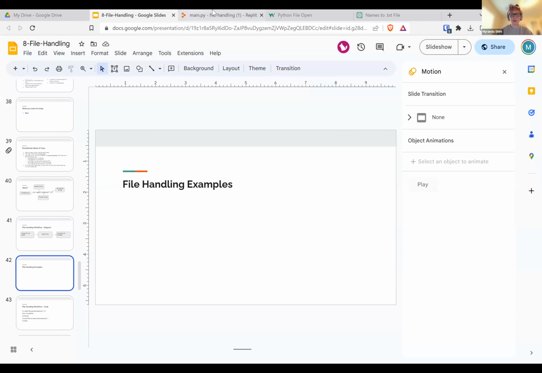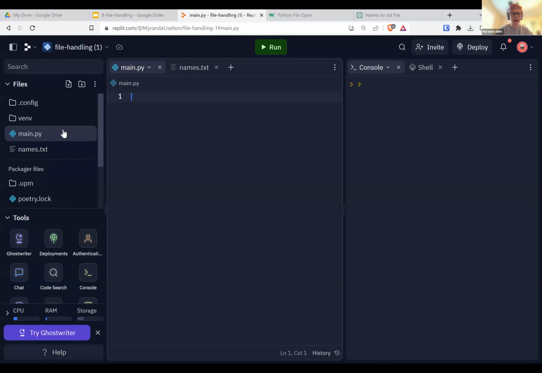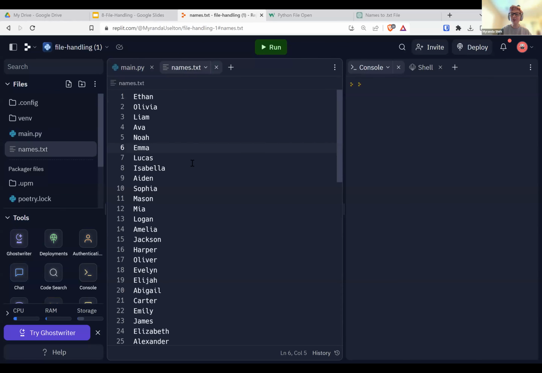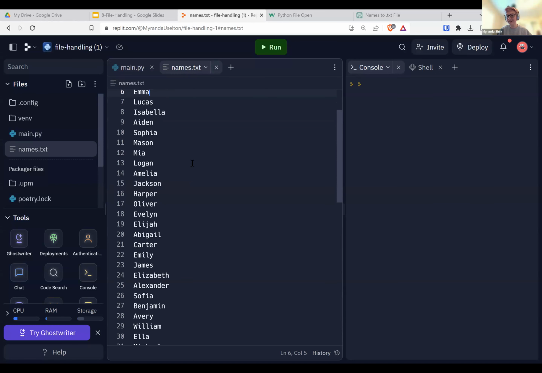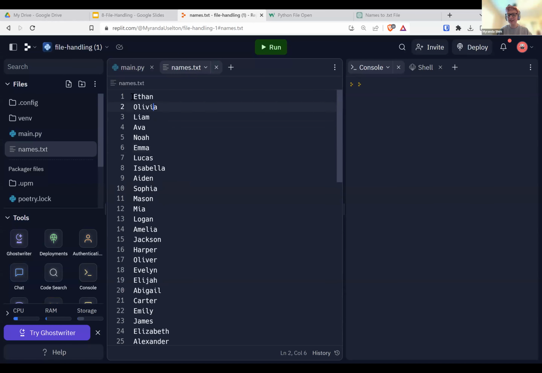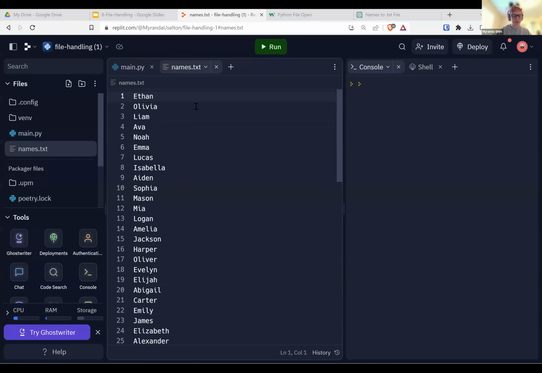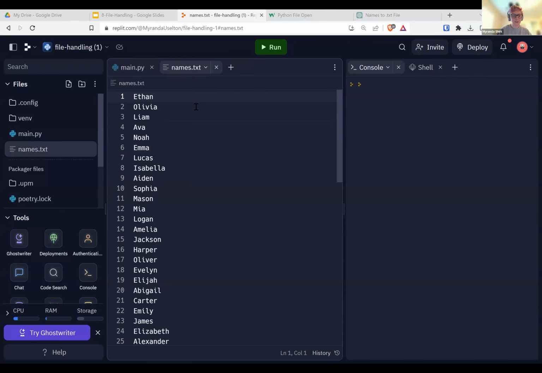For this, I prepared a text file. It is called names.txt. I actually asked ChatGPT to provide me a list of 50 names and then put that into a TXT file. So if you would like to use this yourself, I can attach the file in Zoom. So I'm going to attach a file and send it to you in the Zoom chat. There you go. So this is the file I'm going to be using. If you open your Zoom chat, you can see it.